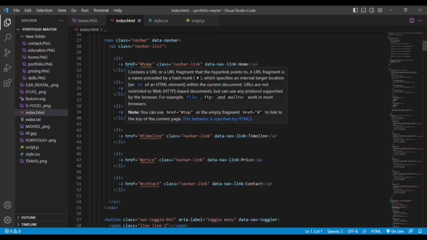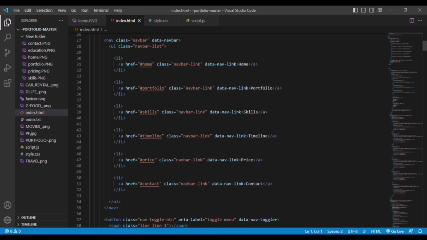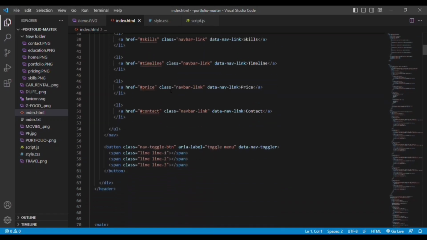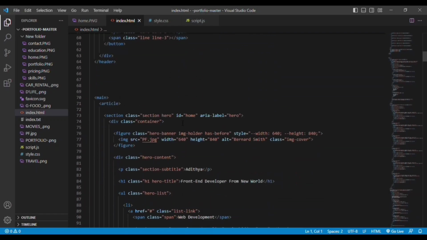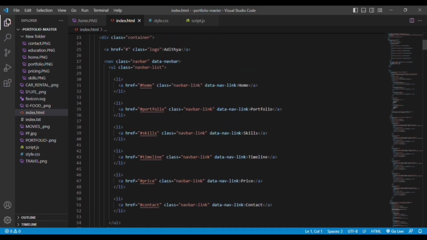This reference is nothing but whenever you click on the home button, it will move to the home section id with the home. You can see here for the section we have id as home, so it will move to this particular section whenever you click on this anchor tag. Similarly, we have taken portfolio, skills, timeline, price, and contact